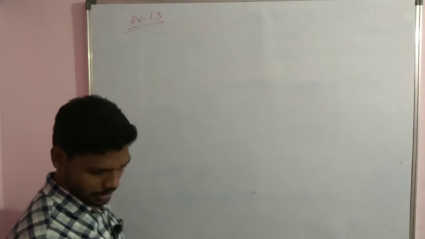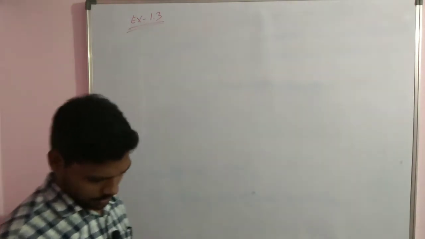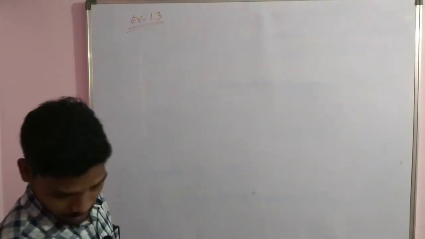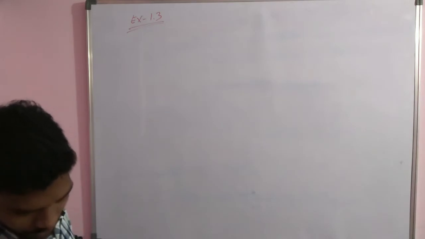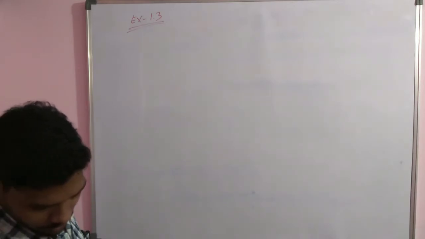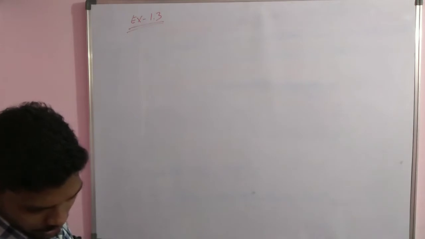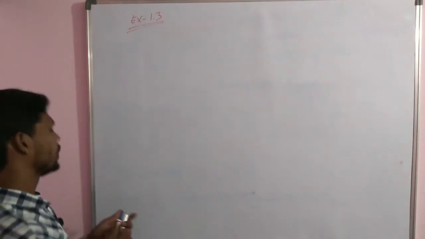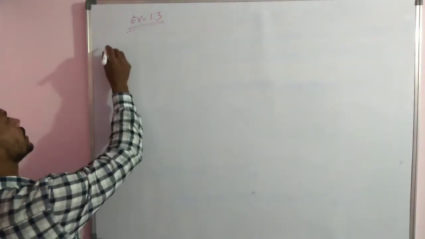Exercise 1.3. What they have given? Write the following rational numbers in the decimal form and also state which are terminating and which are non-terminating repeating decimal. So exercise 1.3, the first bit,